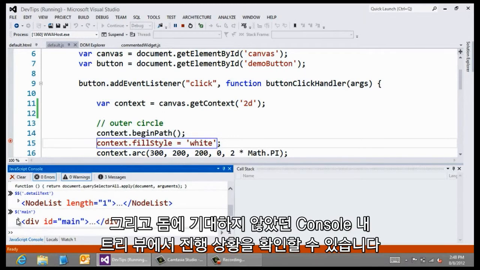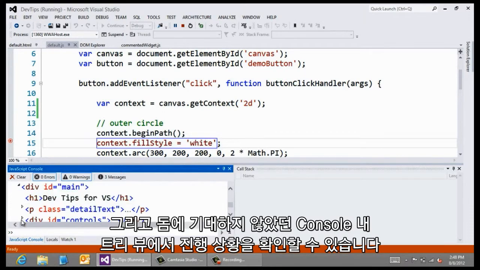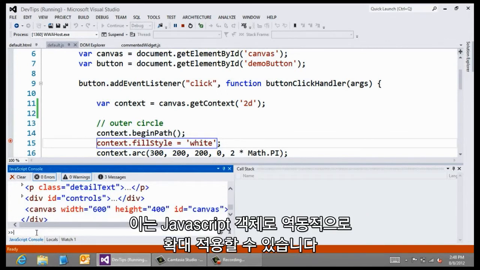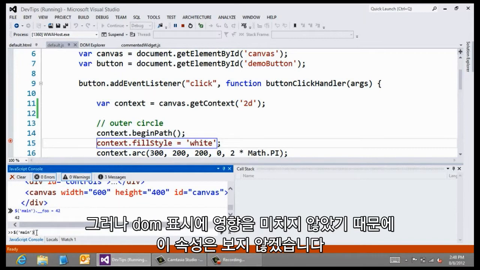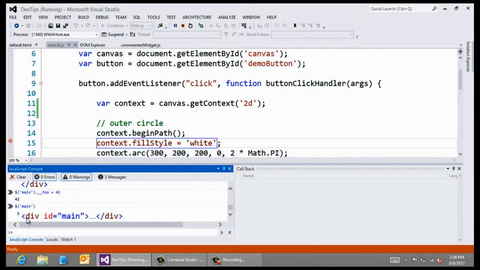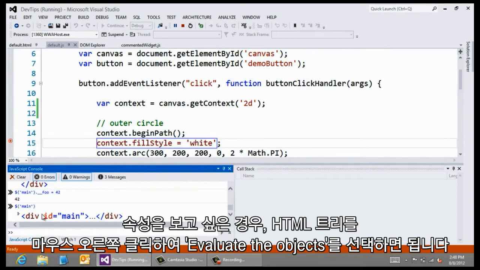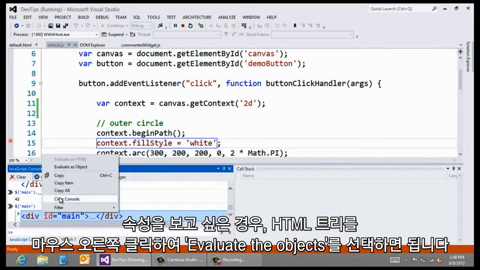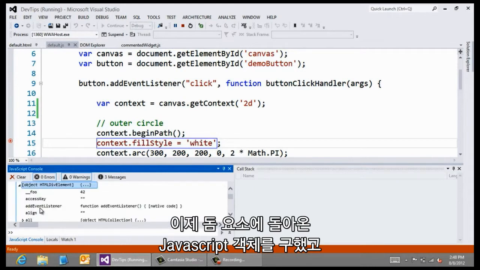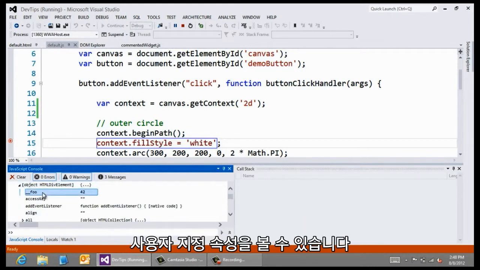And we see we get this nice tree view in the console that lets us inspect the DOM and see what's going on in there. Now these are actual JavaScript objects, which means that we can extend them dynamically. However, we're not going to see those properties show up since they didn't affect the markup of the DOM. Now, if we wanted to see those properties, we can right-click on the HTML tree and instead say Evaluate as Object. Now we get the actual JavaScript object that's backing that DOM element, and yes, we can see our custom